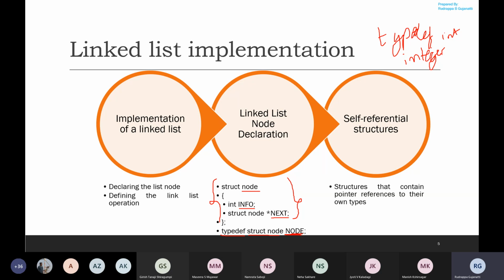So what this does is it gives an alternate name to this keyword. So int is actually a keyword. In this case, what I'm doing is giving an alternate representation for int, that is integer.